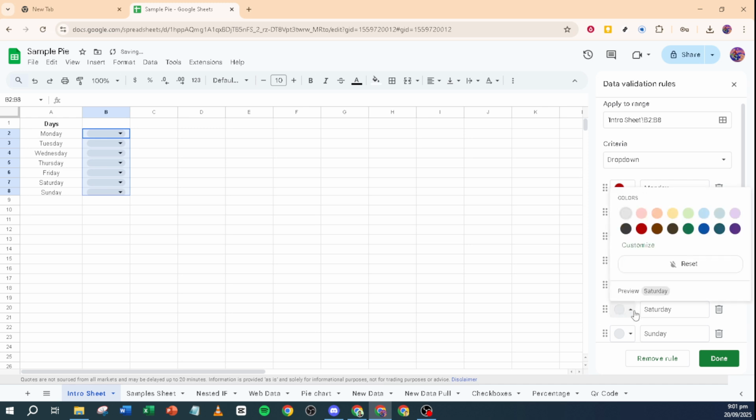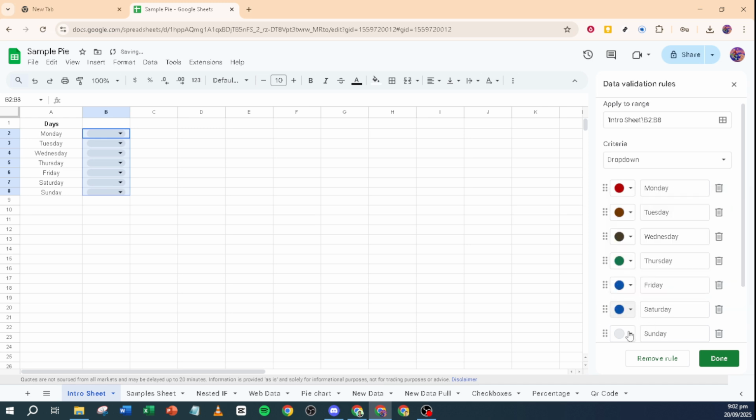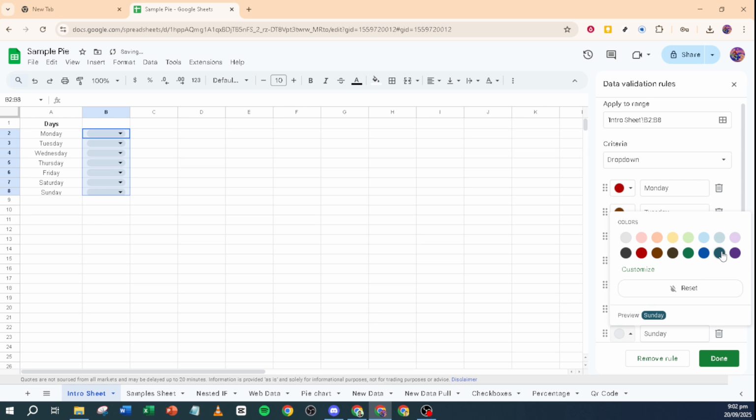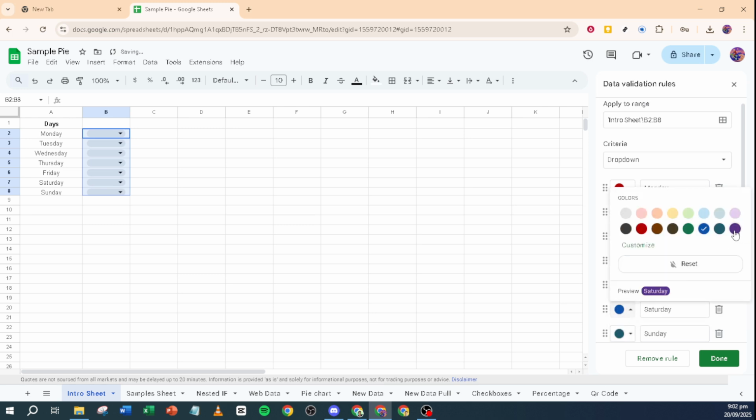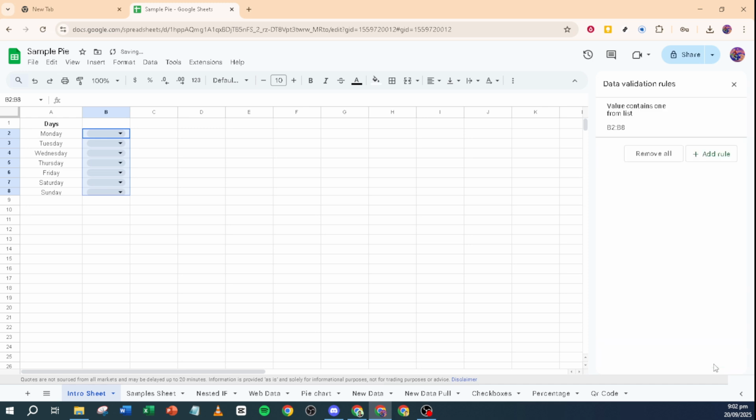Right-click, select Drop-Down again, and in the menu, choose Drop-Down from a range. Click the grid icon next to the text field to manually select the range of cells that contain the data you want to use for your list. This is particularly useful if your data frequently updates or if you prefer maintaining all information in one neat area of your sheet.